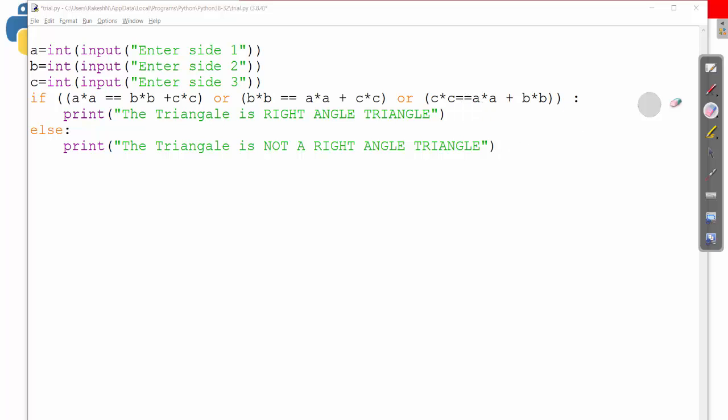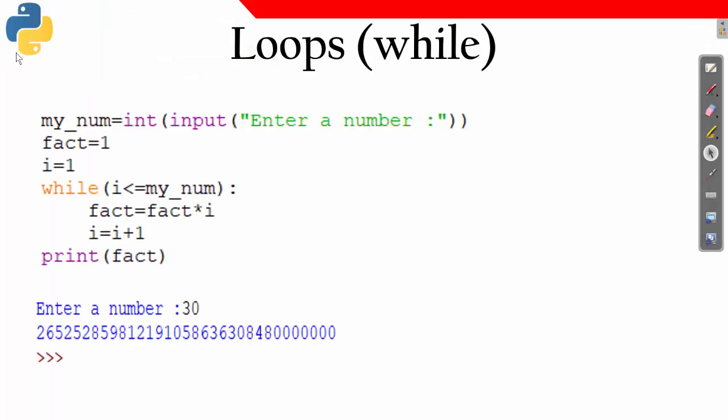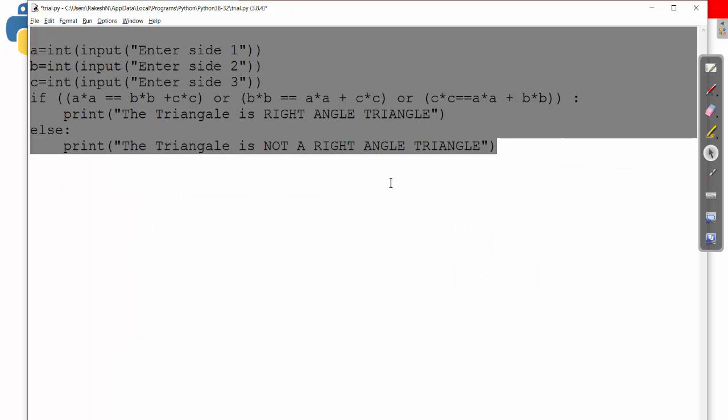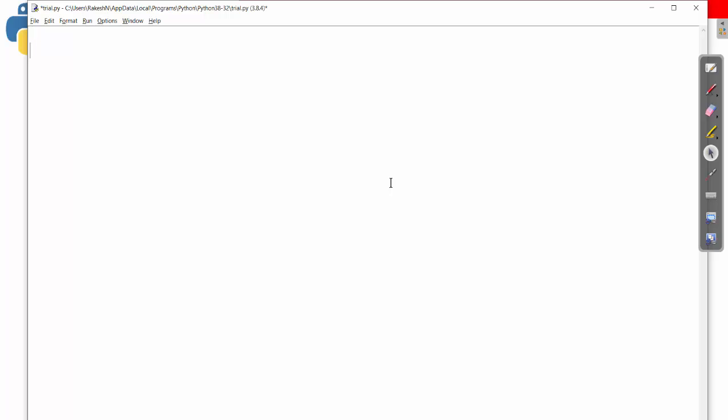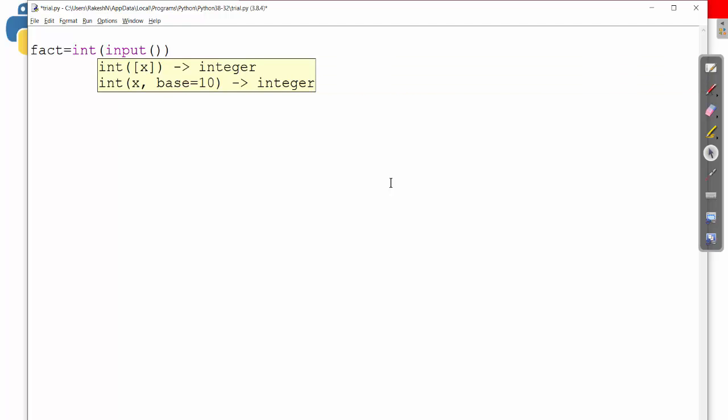Okay. Now, as you have asked me, I'll write it down. Let us say num equal to integer of input of enter a number.